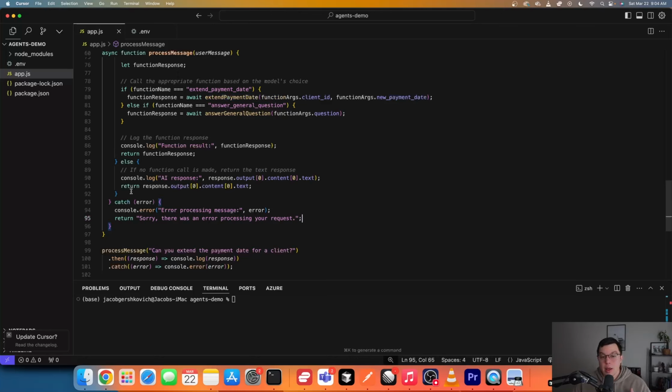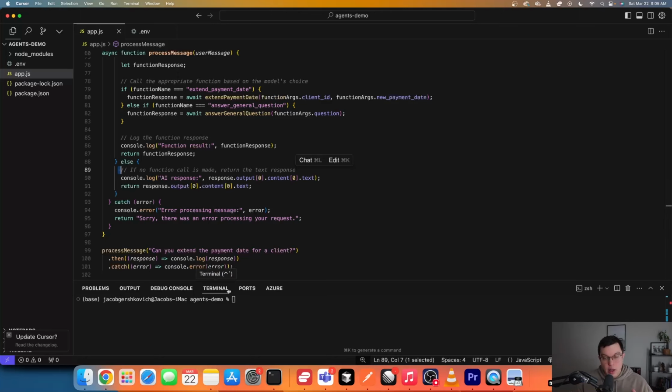So if the user says, hey, can you extend the payment date for a client? Our AI is going to recognize, yes, you're trying to use this tool, but I need a little more information before I can do that. It's going to respond with a text response that essentially says, yeah, I can do that, but I need to know more information first. And it's going to try to collect that information before it calls that function.